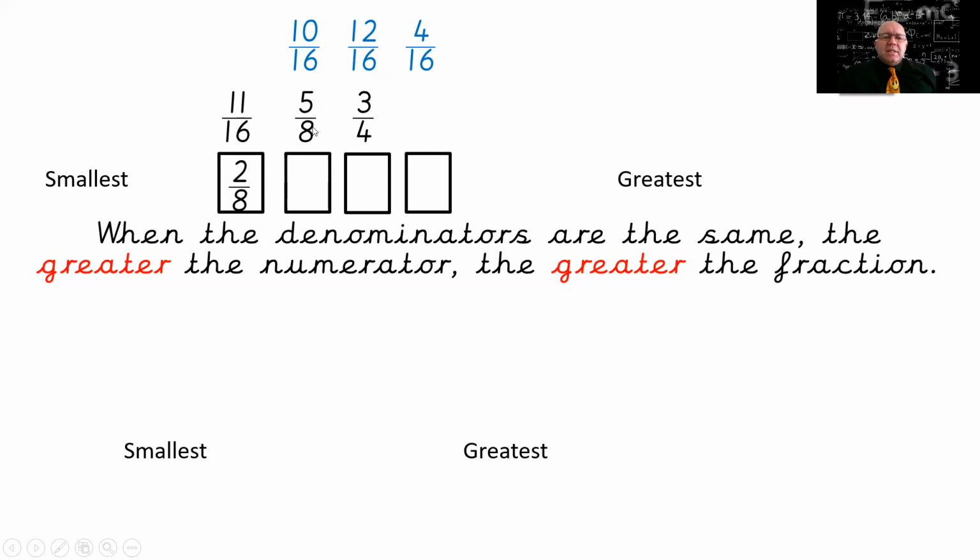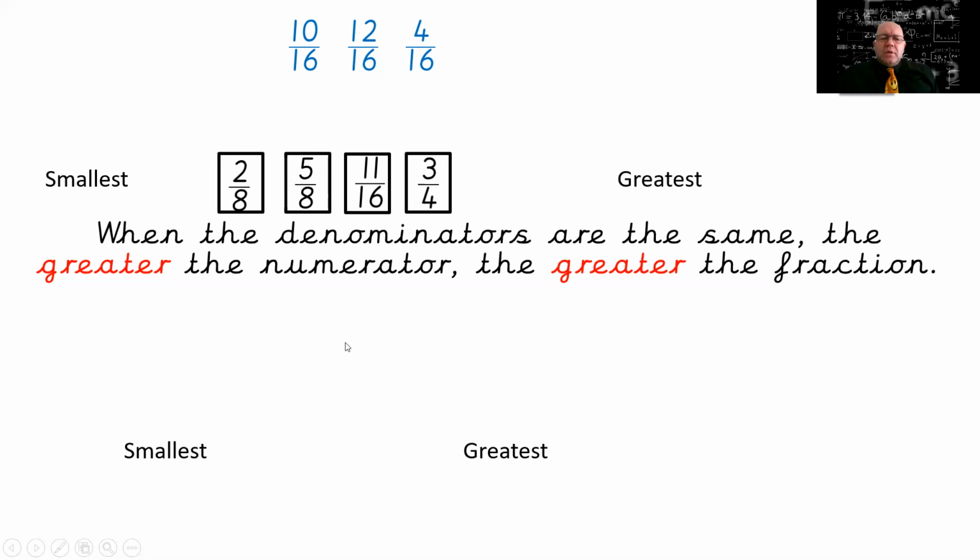So our 10/16 is the smallest, which is our 5/8. 11 and 12, 11 comes next. And finally 12, which is our 3/4. Okay, so by doing some equivalent fraction work there, this has allowed us to quite efficiently sort out the sequence